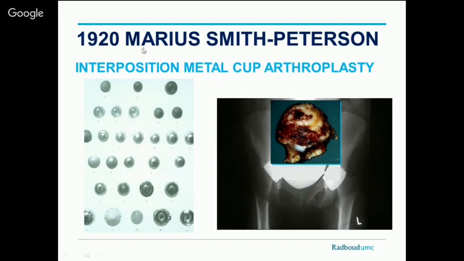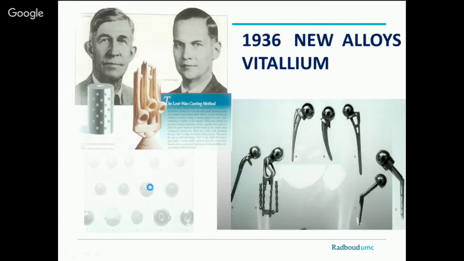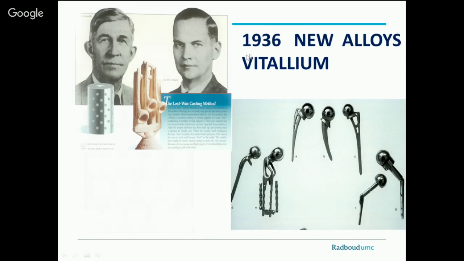replacing the cartilage. So for example, in 1920, this is a little bit of history, people only replaced the acetabulum because you can see that the cartilage has worn away. So here you can see all kinds of cups that they tried. And then they thought, we have to replace only the cartilage. Later on in 1936,